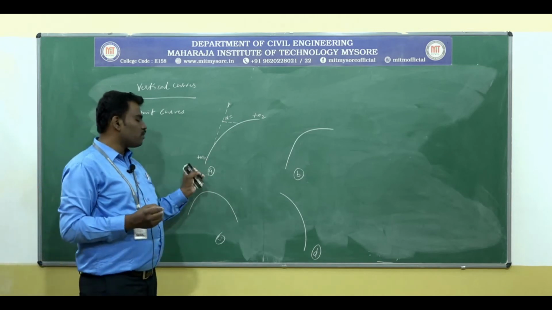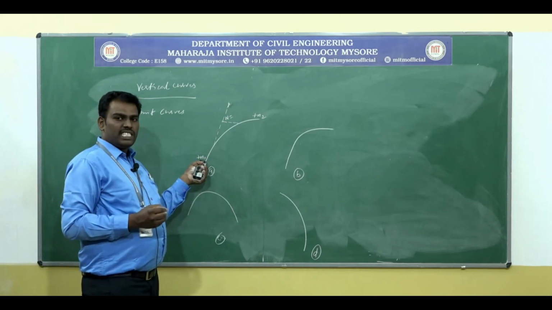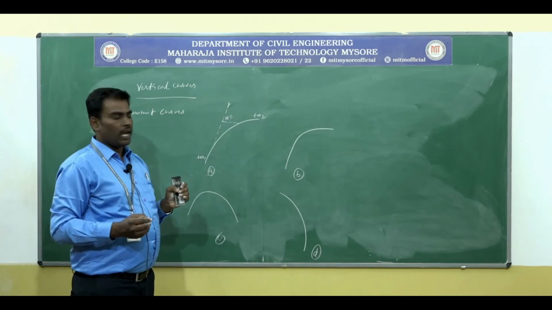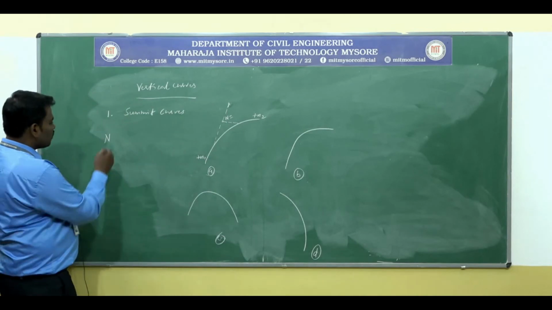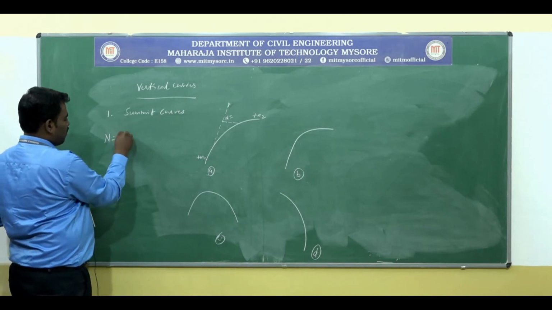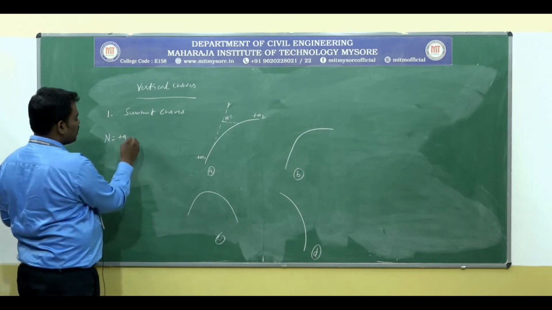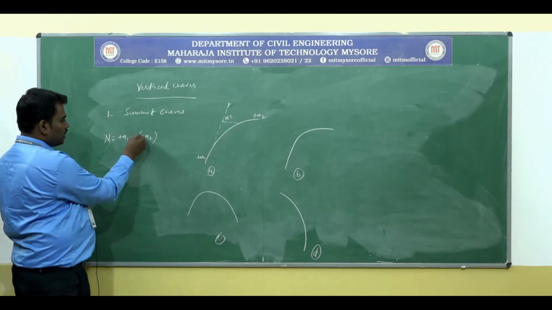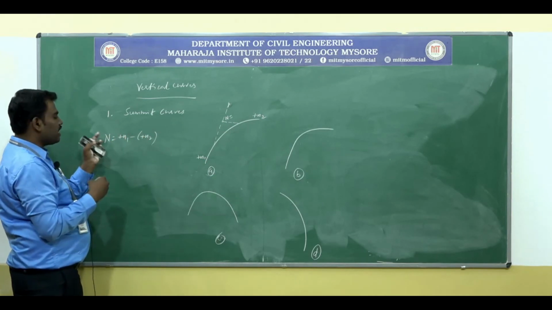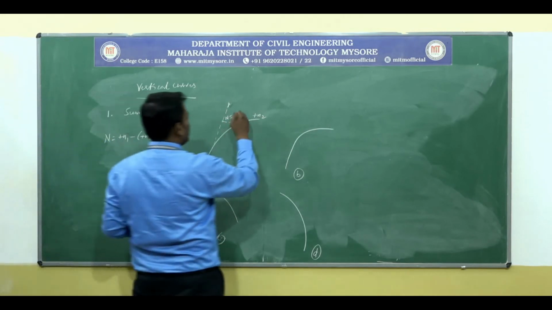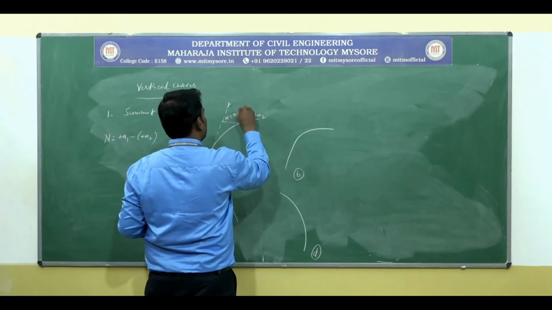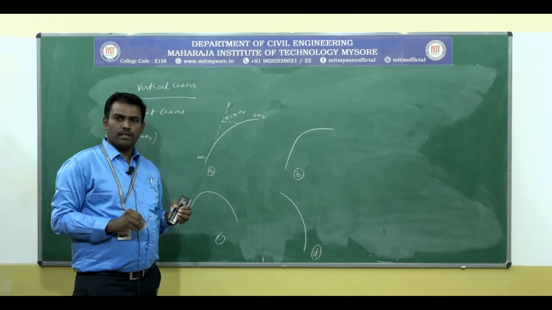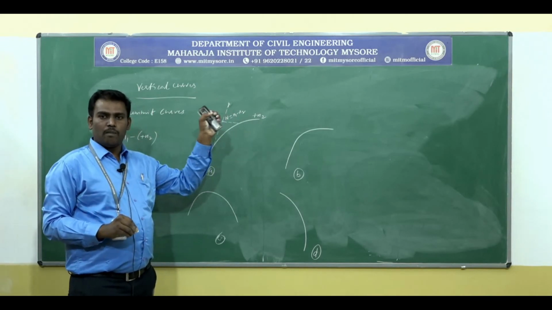For the first case you may observe an upward gradient plus N1 percentage followed by an upward gradient plus N2 percentage. In that case, how much is the deviation angle? It's plus N1, and its algebraic difference means minus plus N2. Minus into plus gives minus only, so it becomes N1 minus N2. N is equal to N1 minus N2 is the deviation angle for case number A, when an upward gradient is followed by an upward gradient.